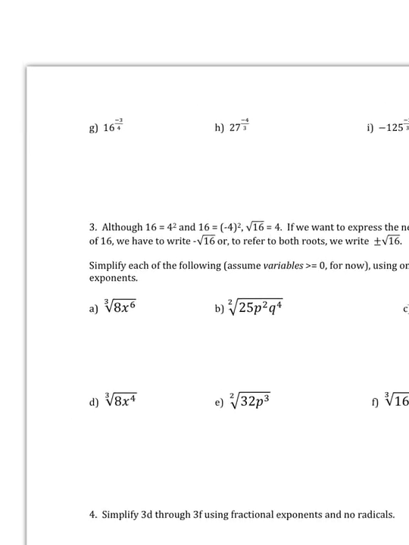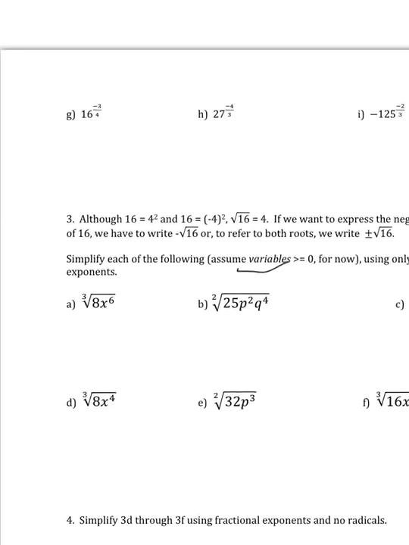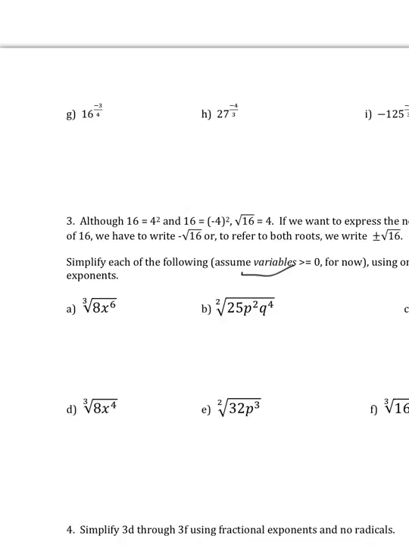Finally, on this page, this is what we said we want to do here. So 16 to the -3/4 is the 4th root of 16 raised to the -3rd. So this is going to be 16 to the 1/4 to the -3rd, which is equal to 2 to the -3rd, which is equal to 1/8. 27 to the -4/3 is equal to 27 to the 1/3 to the -4, which is equal